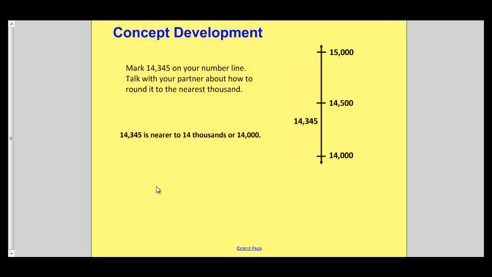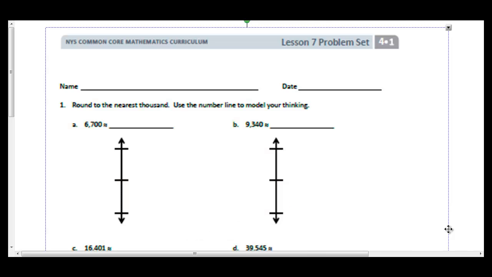Now I want you to get your problem set for lesson 7. Okay, so this is problem 7, and I want you to bear with me a little bit because I'm trying to find it. You'll see that you have a vertical number line. The first thing we're going to do is round